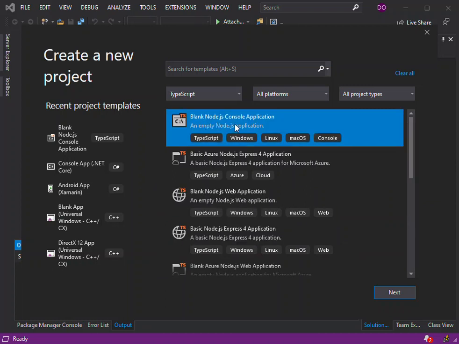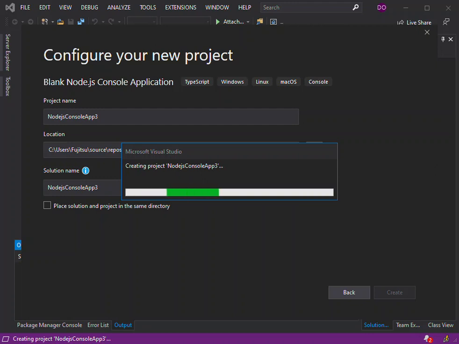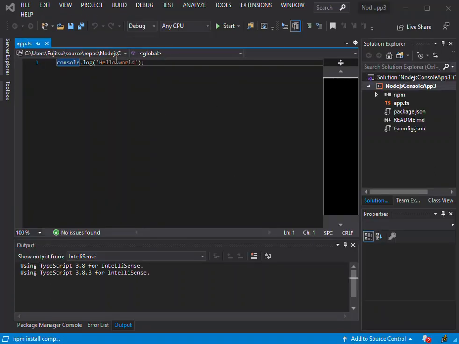So we've selected this blank Node.js console application. We click on next, just like the usual stuff, and then here you can change the project name, and then the solution, and possibly the location that you want to put the project. So here we go to the create side. So as you can see now, we've got our very first TypeScript console application